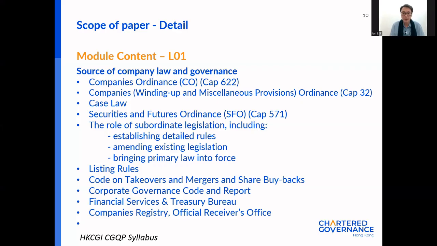Then we have the corporate governance code and report. I briefly mentioned this just before. These are the ones where they need to keep up the best practice of corporate governance. So there are some